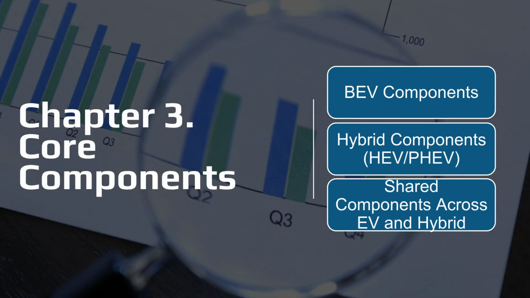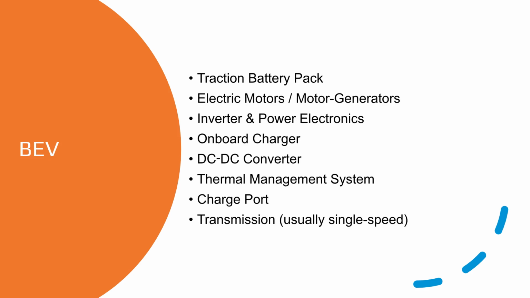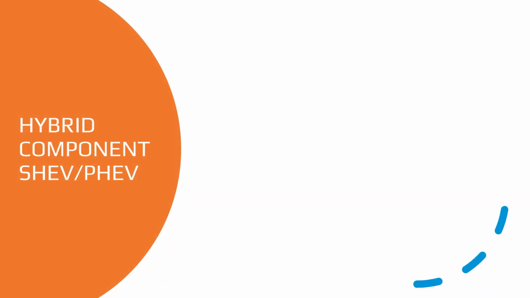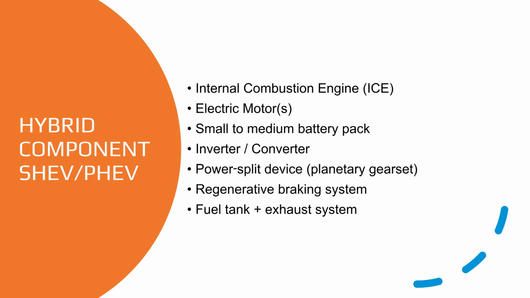Moving to Chapter 3, we will break down the core components across these various vehicle platforms. Battery electric vehicles rely on specialized components, such as the traction battery pack, electric motors, an onboard charger, and a dedicated thermal management system. Hybrid electric vehicles and plug-in hybrids include components like an internal combustion engine, a power split